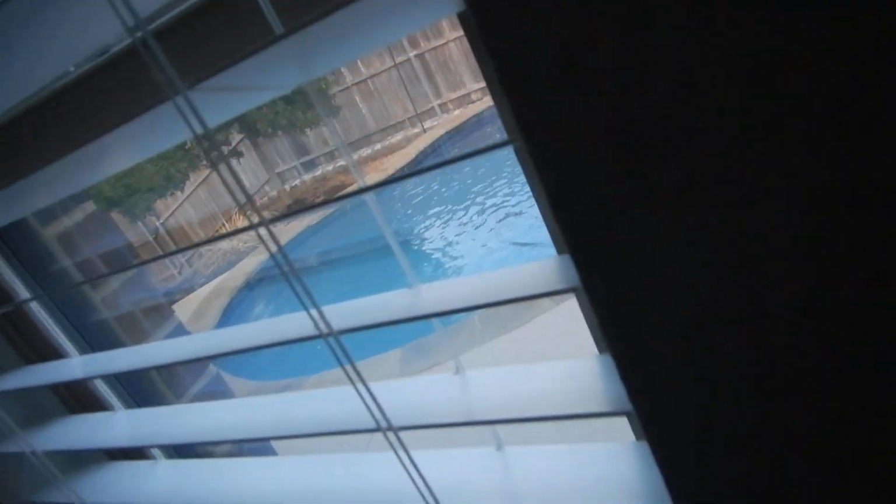Okay, we're in the dining area. And the dining area is like the living area, except that this is a little different. The living room, all those windows, the latches don't make. And two of the windows in